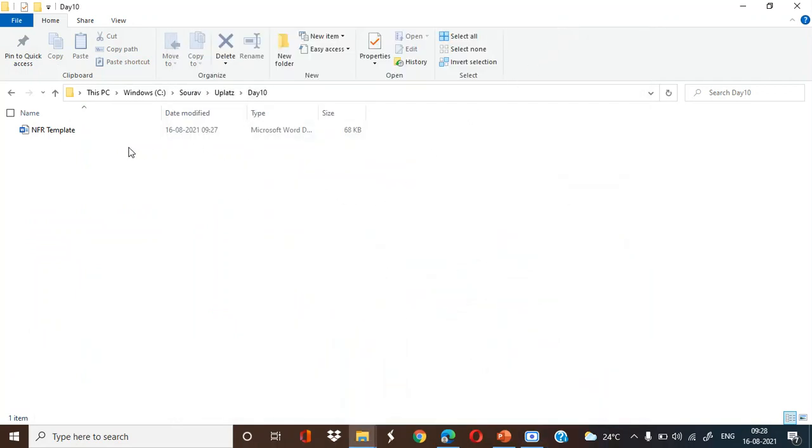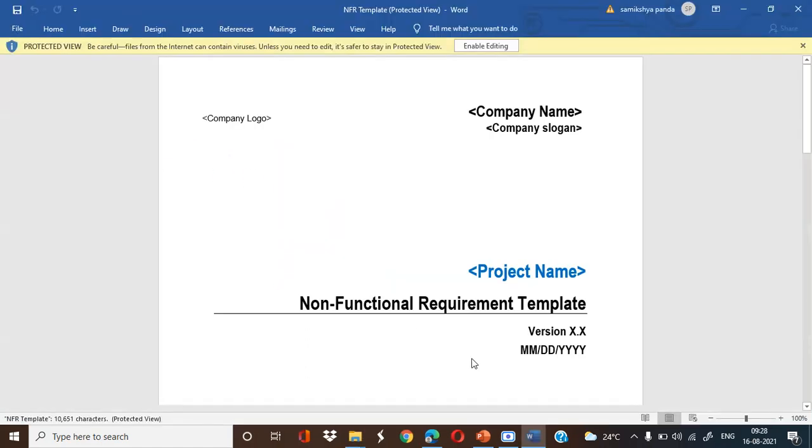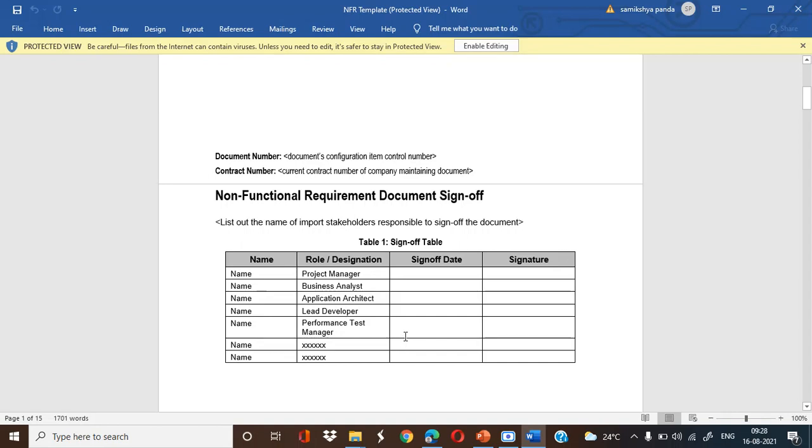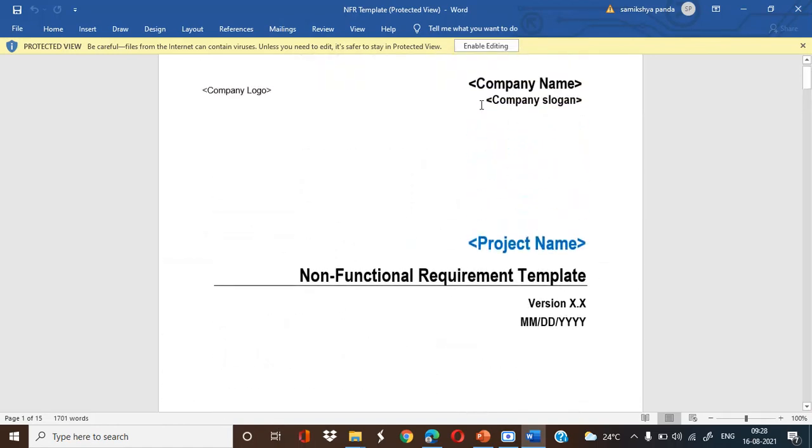I've downloaded an NFR template. So let's see what all the documents we need to understand, and what all things we need to give. As I have already shown you in the previous class our risk assessment document. So here you have to give the company name, the company logo, and the NFR document template. This is the template version. So what is the particular version you are working on, and what is the date you have started,